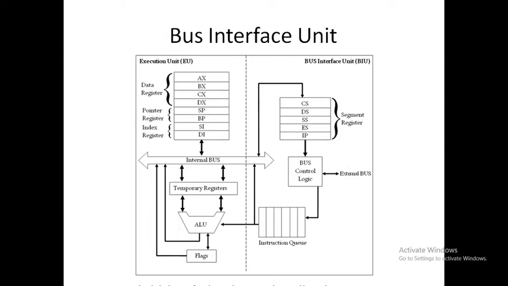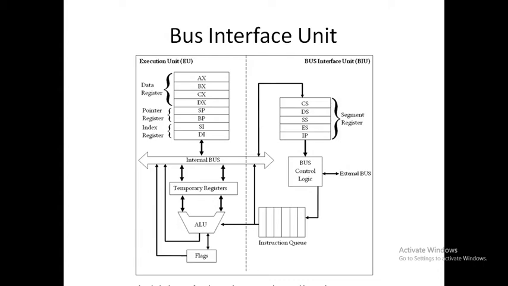The code segment of the memory holds the instruction codes of the program. So what does the code segment do? It holds the instruction code of the program. Data segment: what does it do? The data, variables and constants given in the program are held in the data segment of the memory. So which data has to be manipulated or has to be calculated.